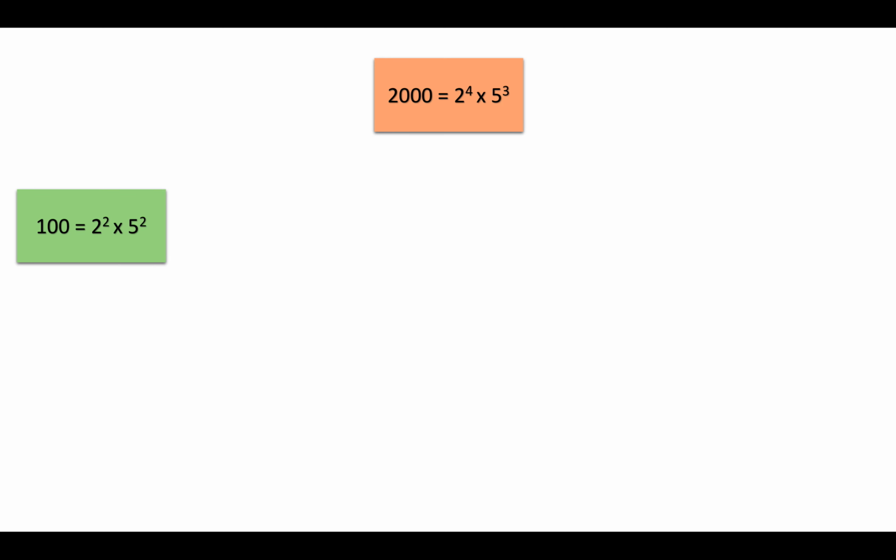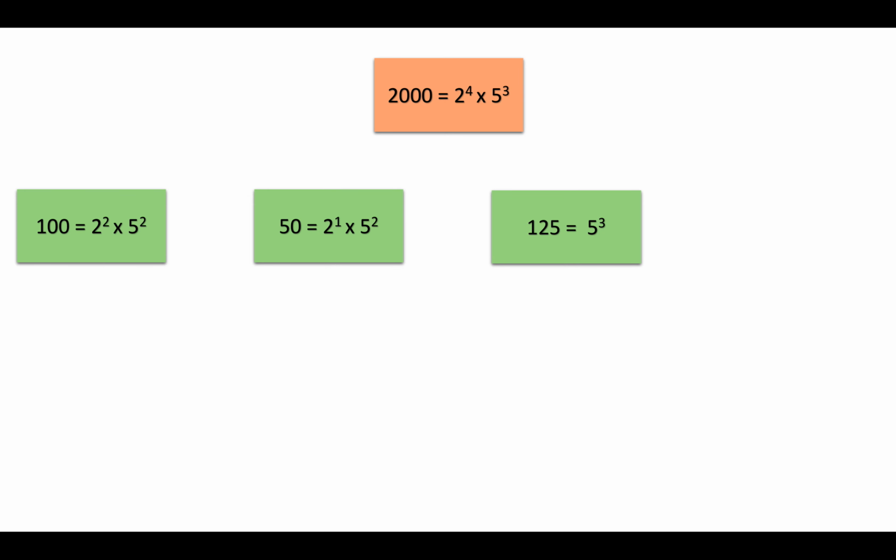We know 100 is a factor of 2000 and its prime factorization is 2 square into 5 square. Similarly, 50 is a factor of 2000. Its prime factorization is 2 raised to power 1 and 5 raised to power 2. 125 is 5 cube, or you can write that as 2 raised to power 0 into 5 raised to power 3. Similarly, 500 is 2 square into 5 cube. All of these numbers mentioned here are factors of 2000. The pattern that we can notice here is that all of these numbers have the same prime numbers as the factors, but the exponents in these factors are less than or equal to the exponents in the actual number, right?